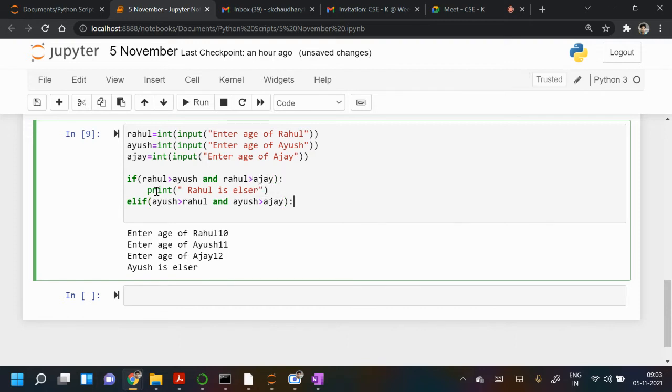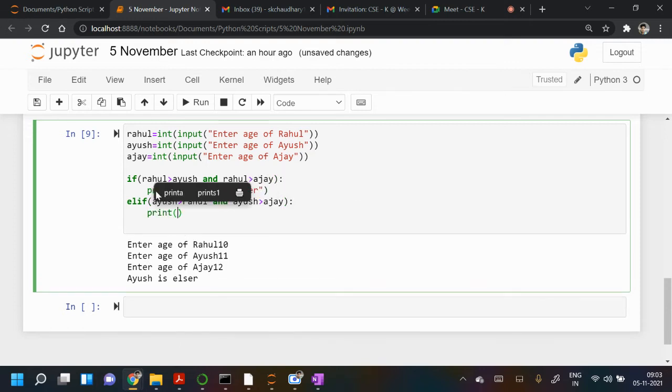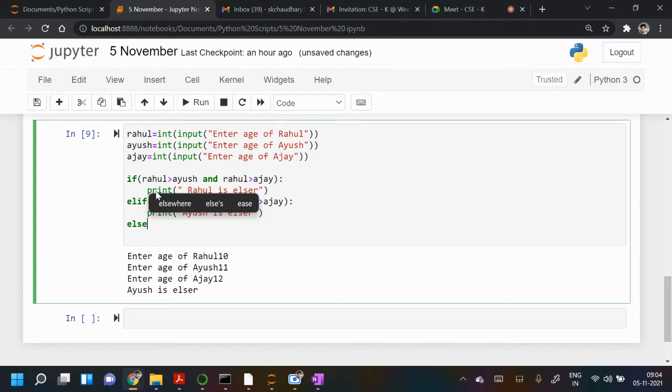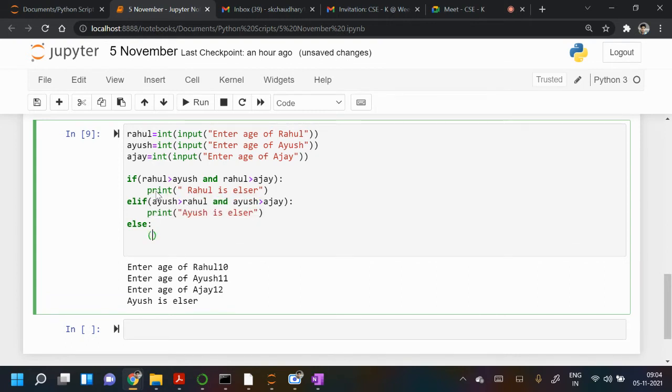Okay. Then you will print Ayush is elder. Else, is it fine what you have written? In the else part, Ajay will be elder. Okay.